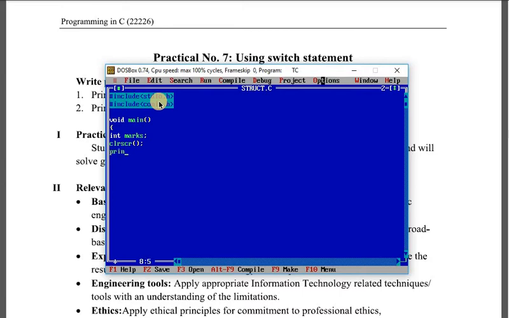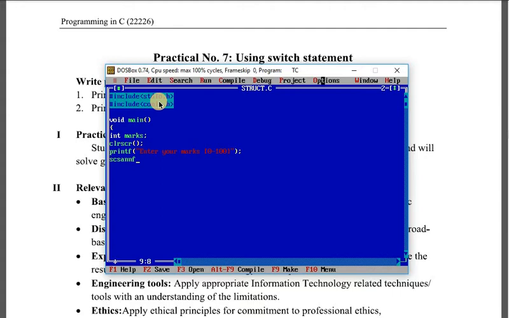After that we are printing the instruction to the student, that is, enter your marks, and here I am giving one condition: enter marks from 0 to 100, meaning your marks should be between 0 and 100. Double quote complete, bracket complete, semicolon.